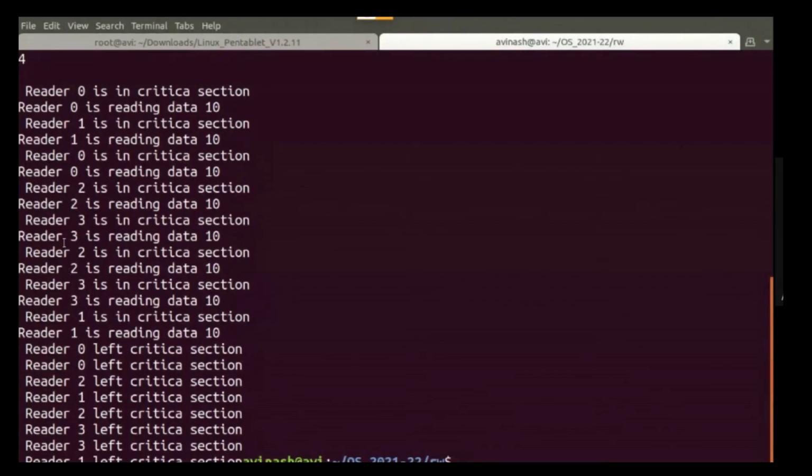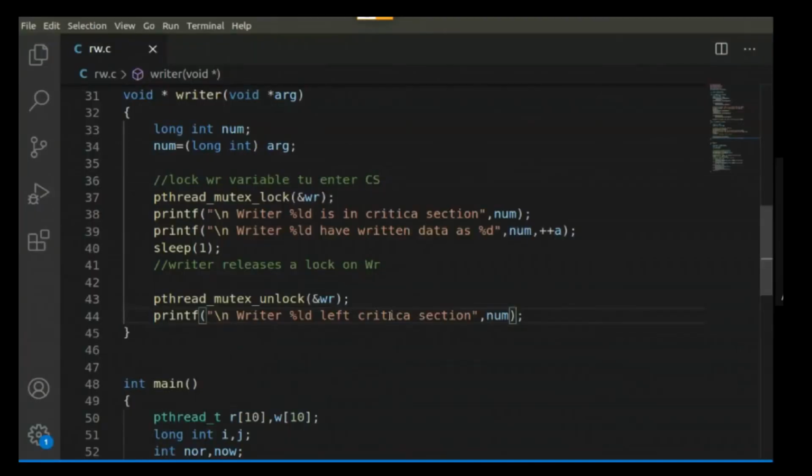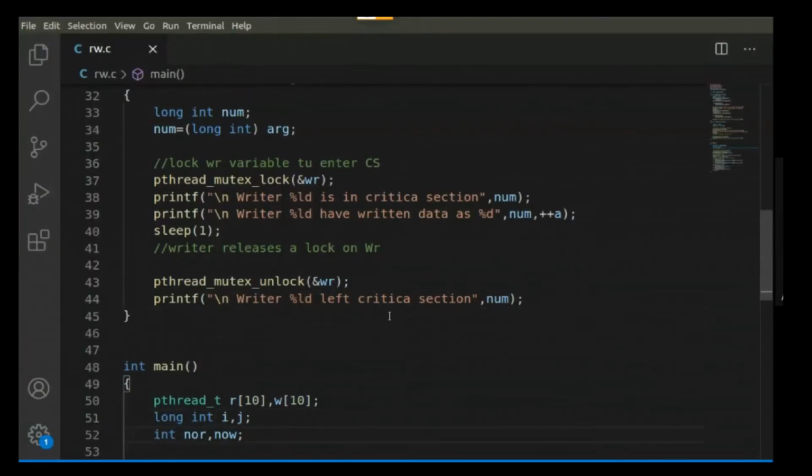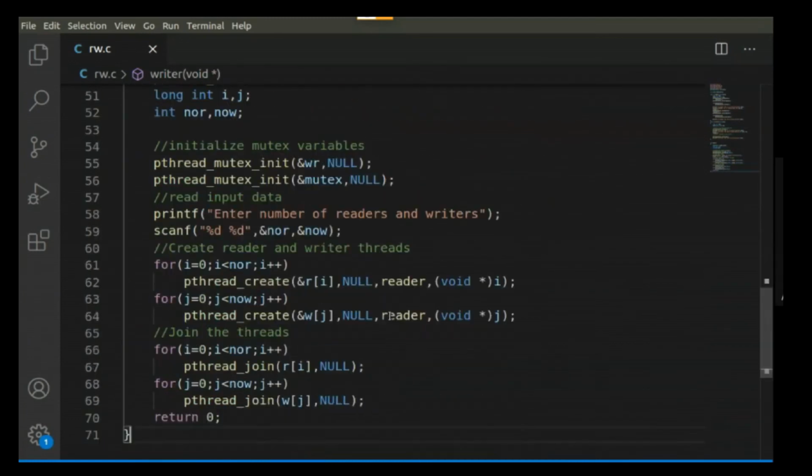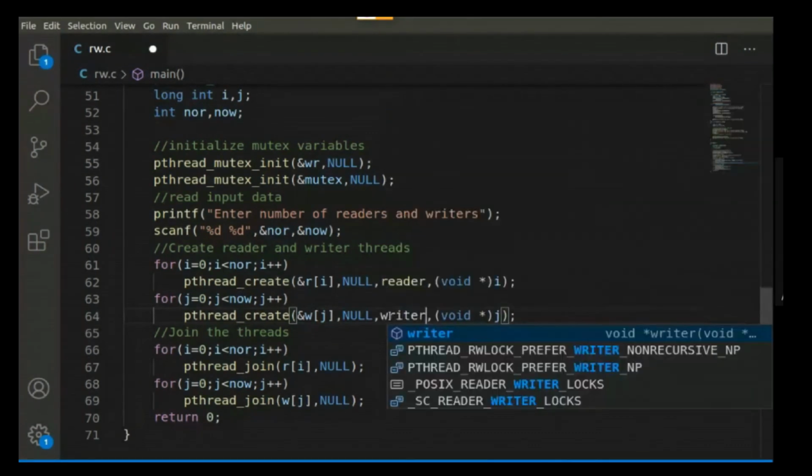But there is no message of the writer. So what can be the problem? Have we written a lock, or have we called the writer variable? Yes, we have only created the reader threads and reader function. Here it should be a writer function.